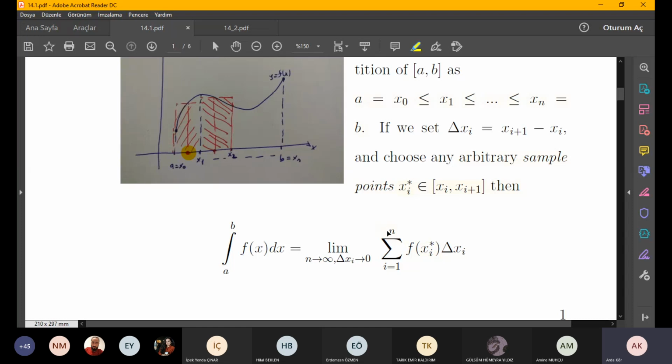And for any Riemann sum that you try to write,